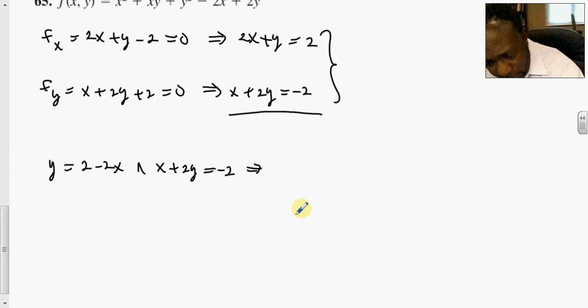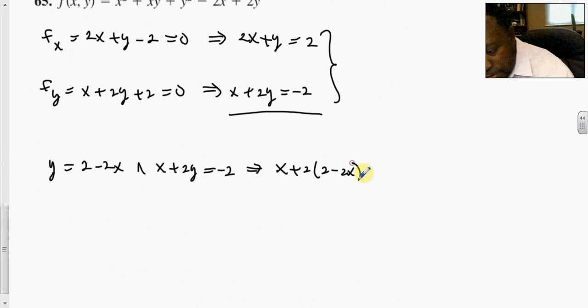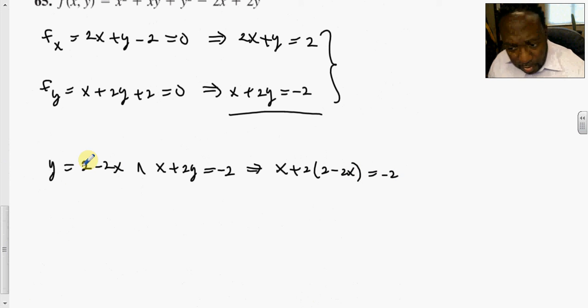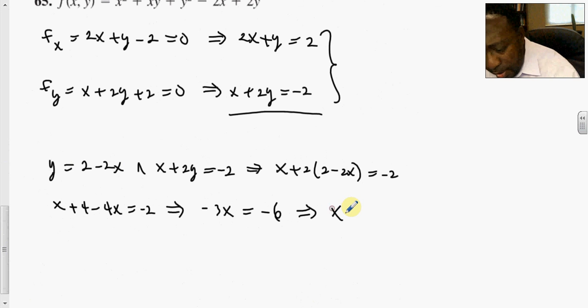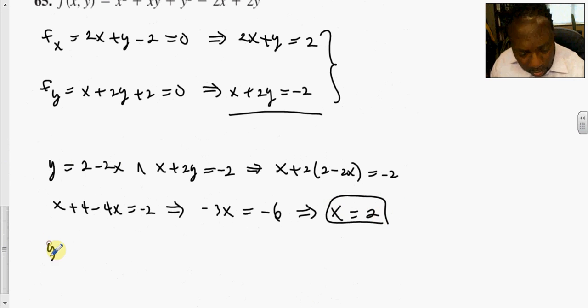And so this implies then that we have x plus 2 times parentheses 2 minus 2x is equal to negative 2. So we get x plus 4 minus 4x is equal to negative 2. And this implies that we have negative 3x is equal to negative 6. And we get x is equal to 2. So if x is equal to 2, we have y is equal to 2 minus 2x, 2 minus